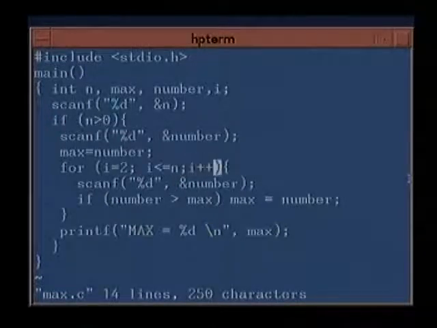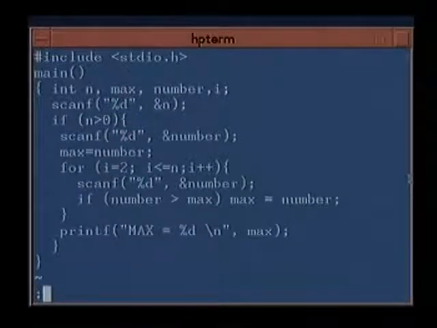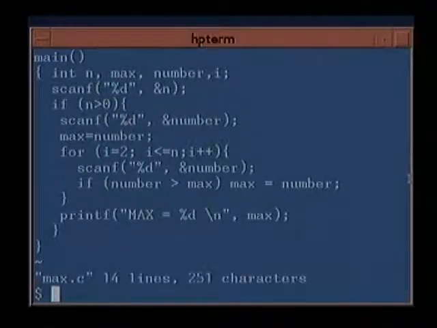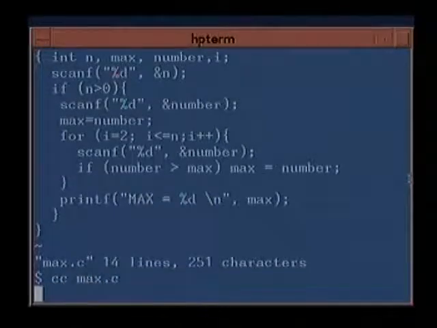And here again you can give more than one statement which will do the loop update. In fact, here you could have even read in a number. You could have written functions also in the initialization, like scanf, etc. But I don't want to go into complex issues here. So even if we do this, I equal to 2, I less than or equal to n, we still work correctly.